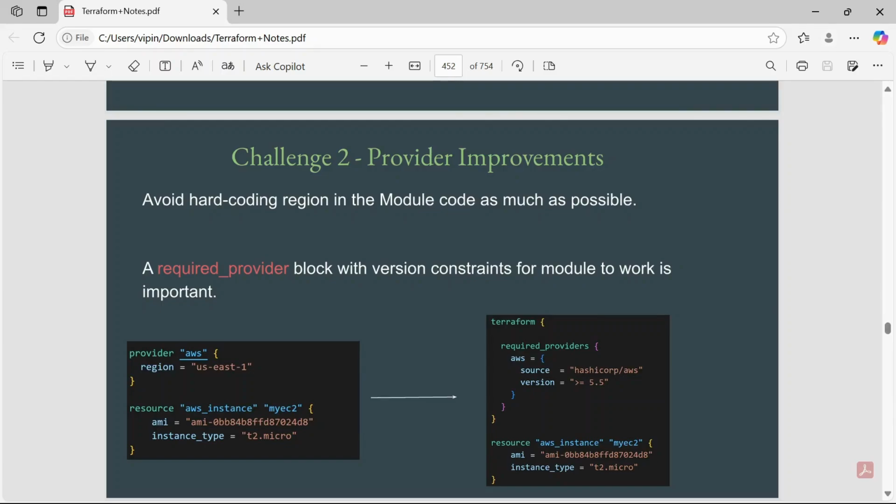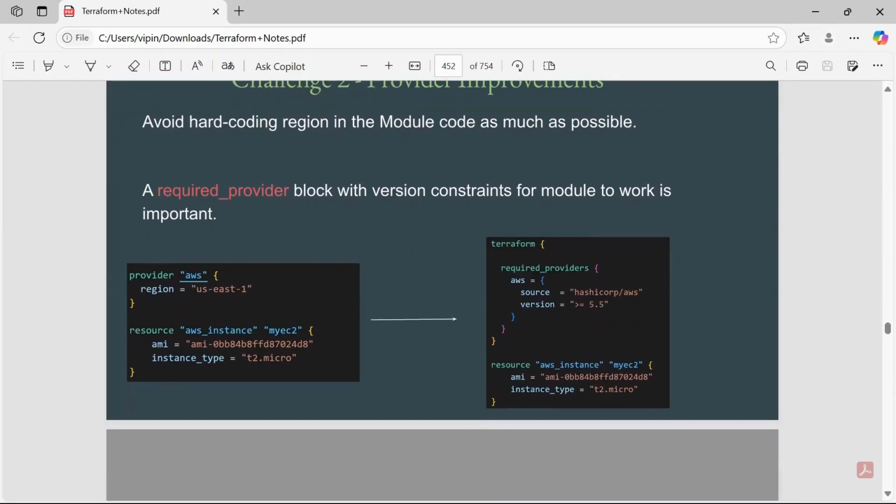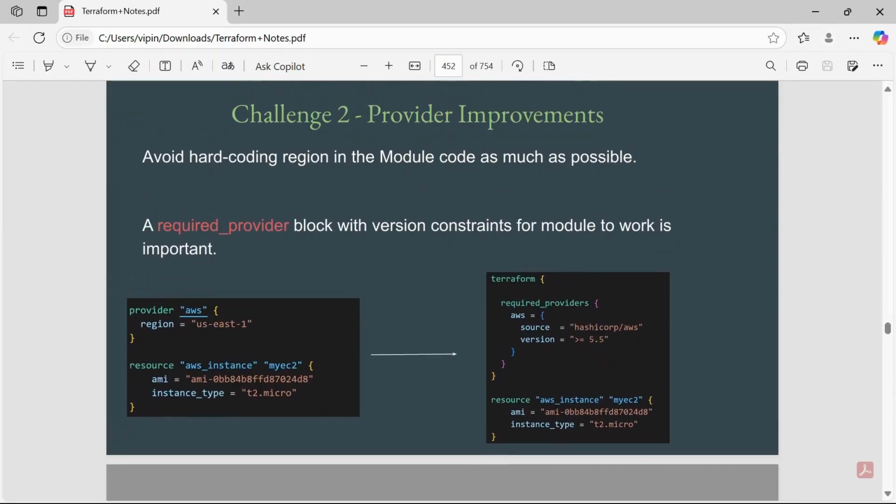A required provider block with the version constraint for the module to work is important. Suppose we have hard coded the AMI, and maybe the AMI is not able to work with whatever Terraform provider version you have directly downloaded.